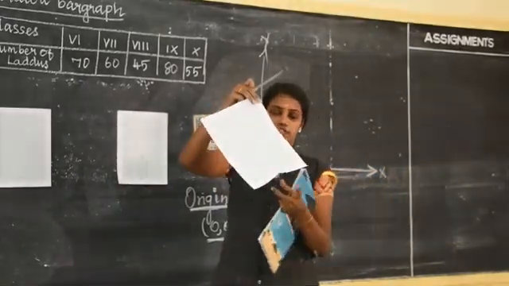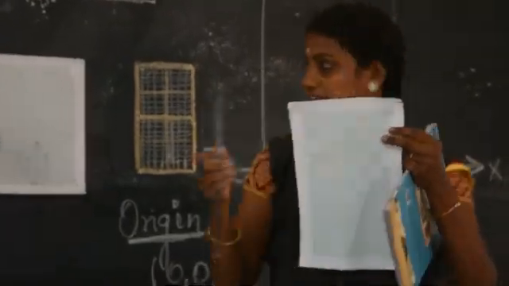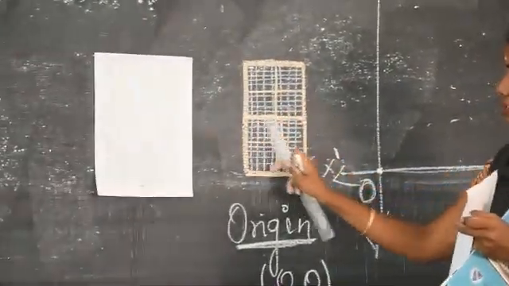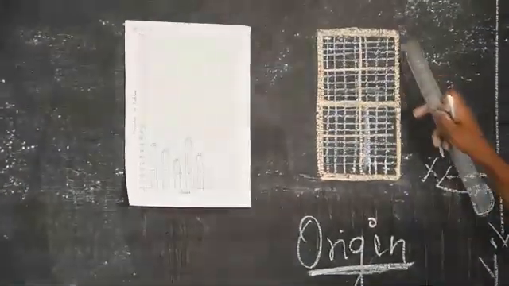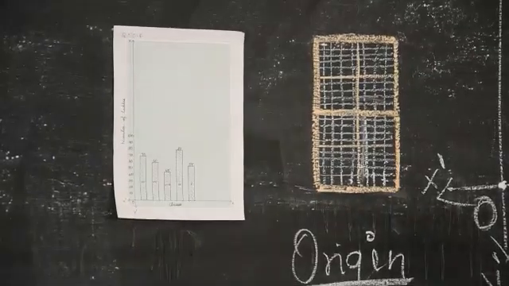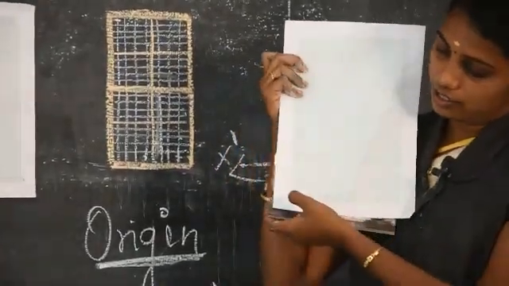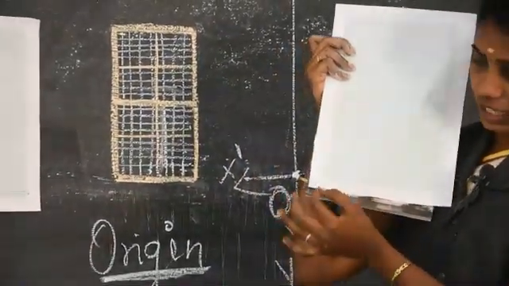This is your graph sheet. Yes or no? Graph sheet or graph note. Take it out. Okay, we have the boxes like this. One box will be like this. Okay, inside of the one box we have 100 small boxes. 100 small boxes. Okay, you can see in your graph properly. Here see the one box. In that one box we have 100 small boxes.